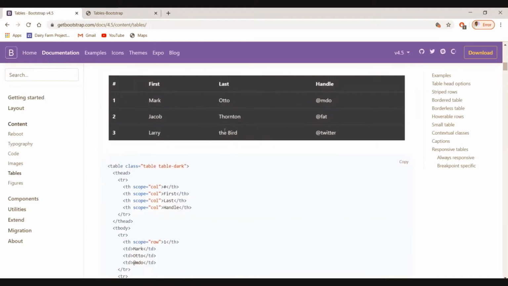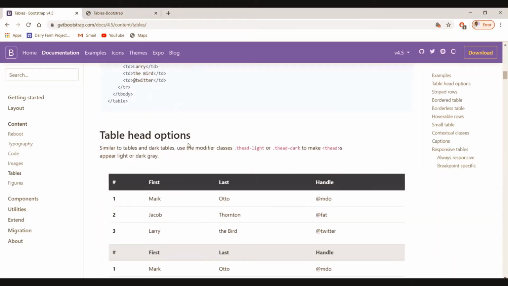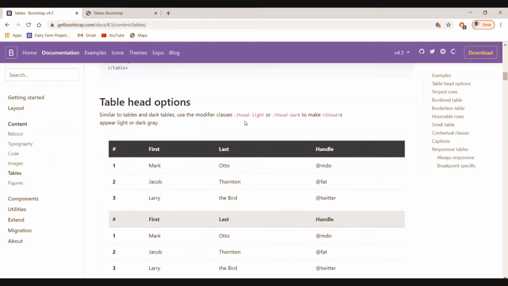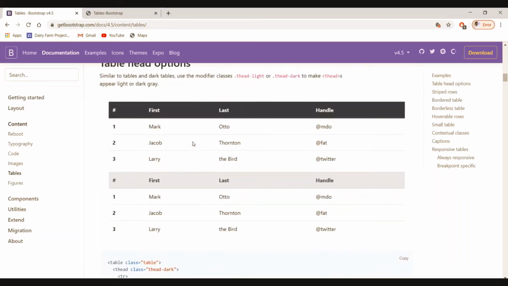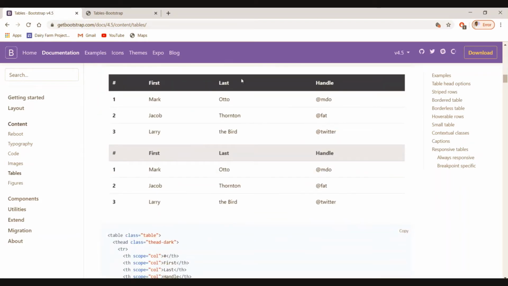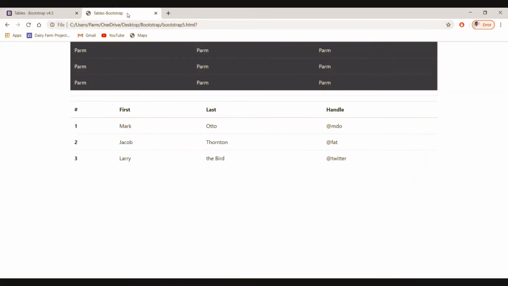Then what we can do with this table dark, there is a table head option, similar to table dark: t-head light or t-head dark to make this. So what we can simply do, this can be done with only the th in our case here.